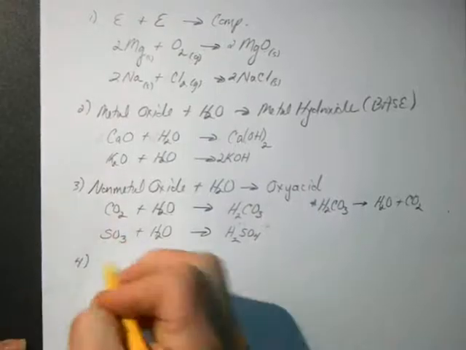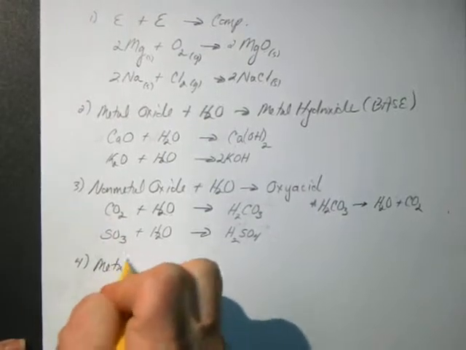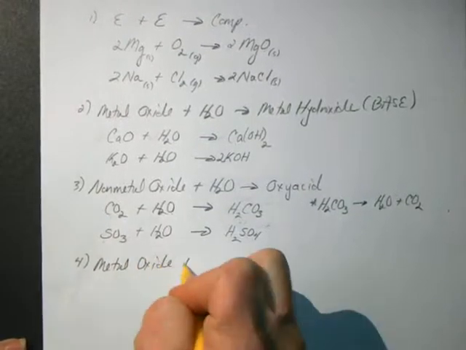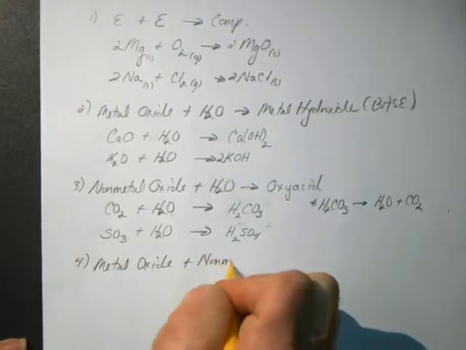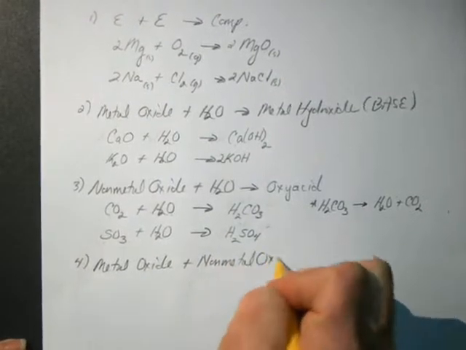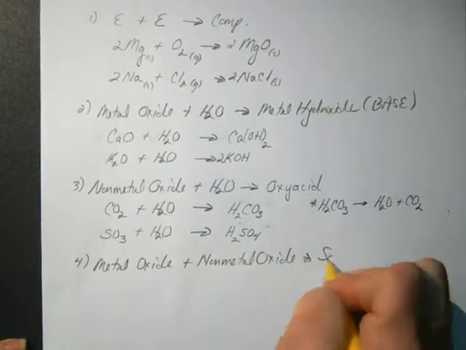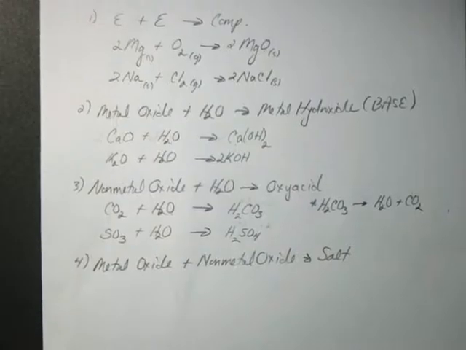What if we react a metal oxide and a non-metal oxide? That is just going to create a salt or an ionic compound. So for example,